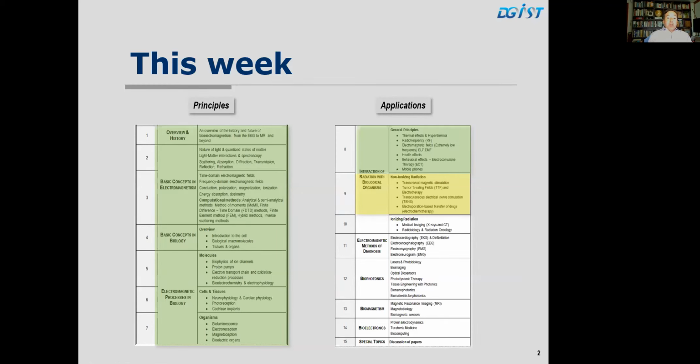And because I want you to focus on searching for the paper, it could be in any area related to the interaction of electromagnetism with biology. I will give you a question for the short assignment, but you don't have to send it in this week. Focus instead on selecting your paper.